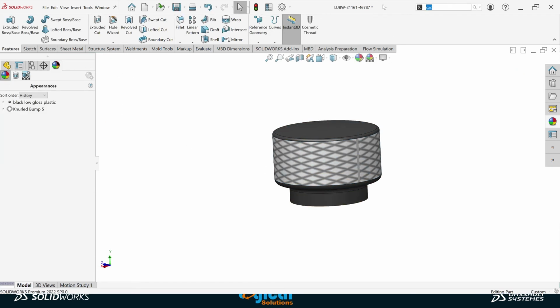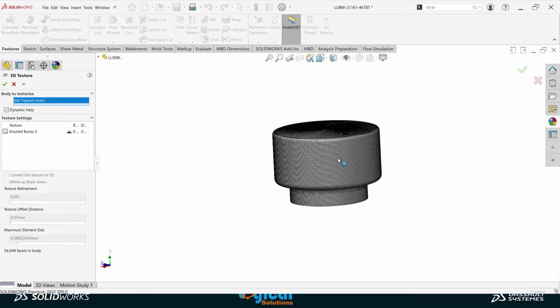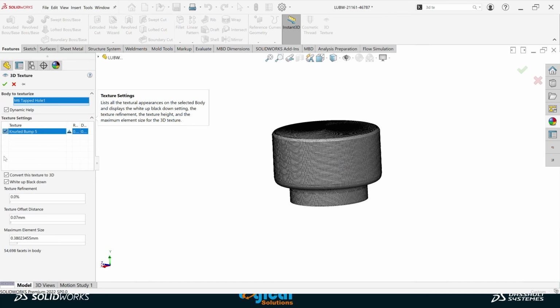Now with these textures applied, we will add a 3D texture to it. This was introduced last year, but this year it has got more aesthetics to it.